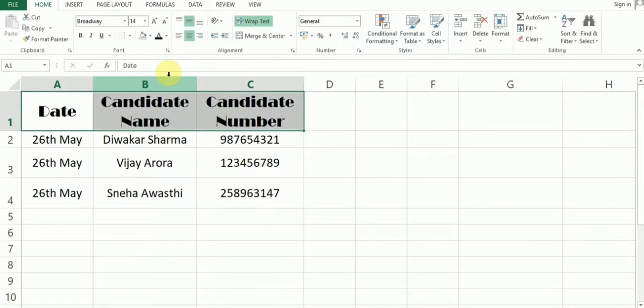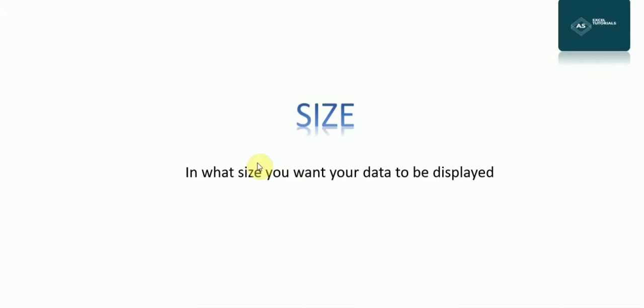Now we'll go to the next function, that is size. What does size indicate? Size is the size in which you want your data to be displayed. Now we'll see this also with an example.